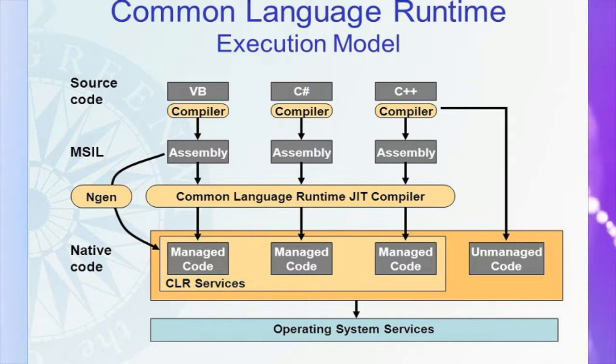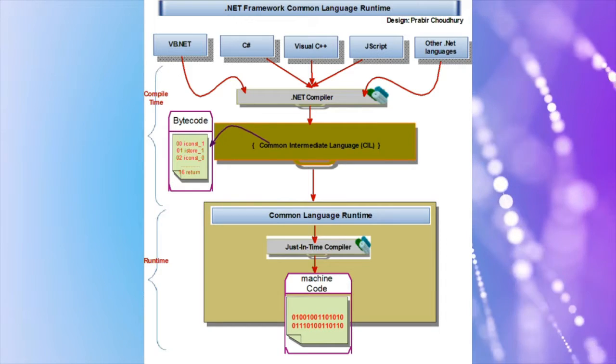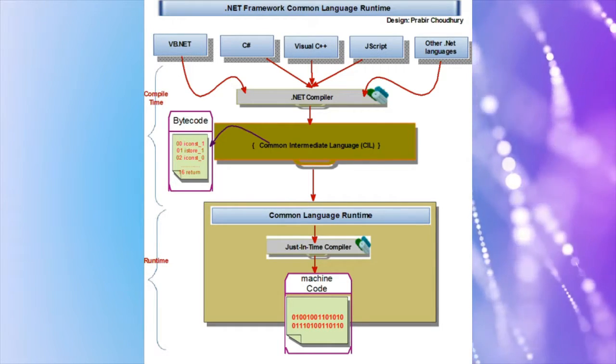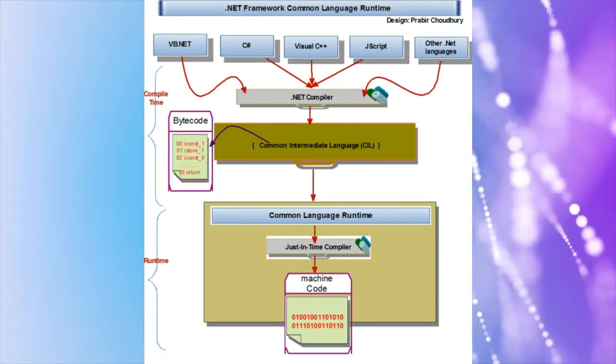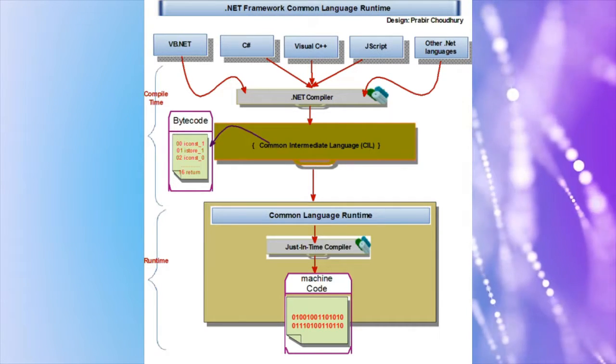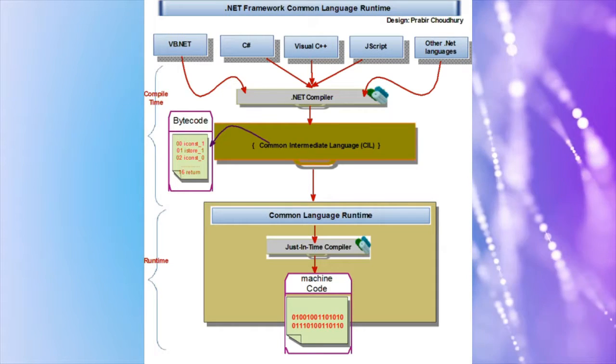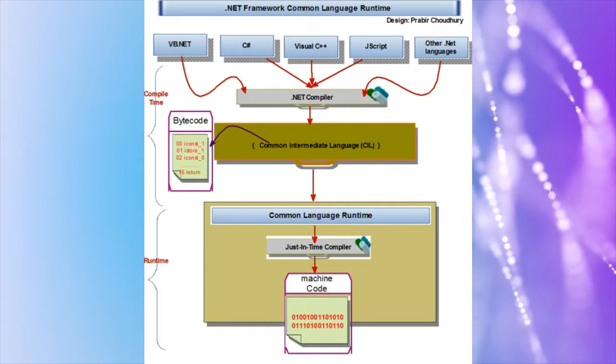Second is to provide a runtime environment that completely manages code execution. A runtime environment in the form of CLR. CLR stands for Common Language Runtime. VB.NET provides us a runtime environment in the form of CLR, which executes each and every code in a managed way. Managed code is the code that works in compliance with the CLR.